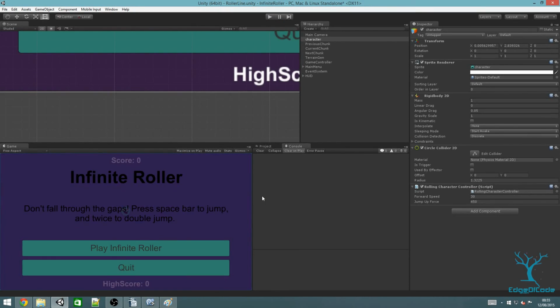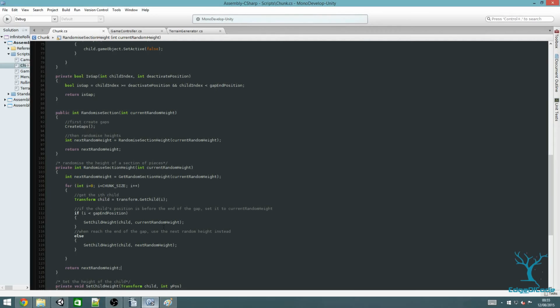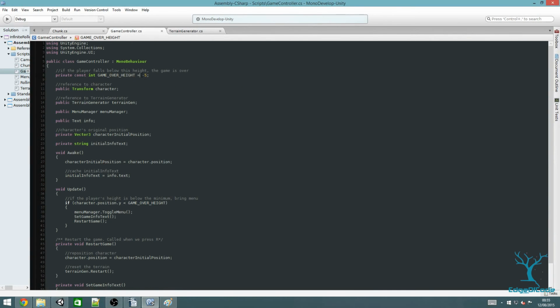I'm also going to go into game controller and change this game over height to -15 to make sure that we don't end the game when the terrain is just a bit low. We want to make sure that it's actually when a character has fallen through a gap that the game ends. Okay, so save that